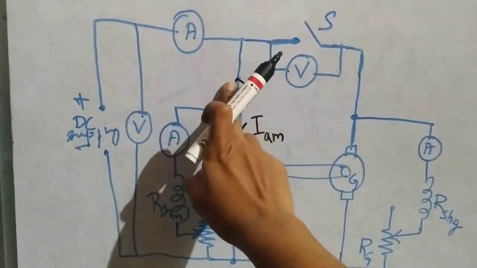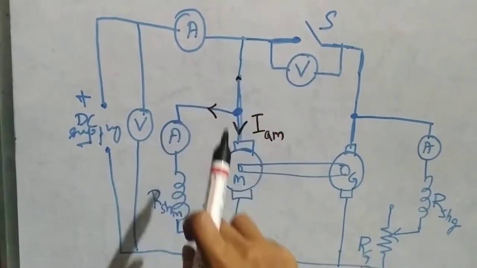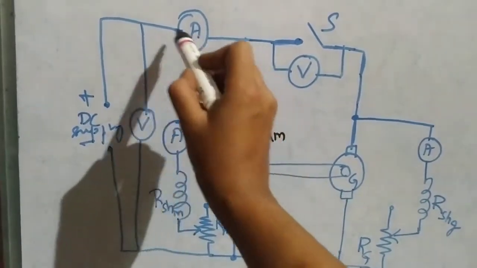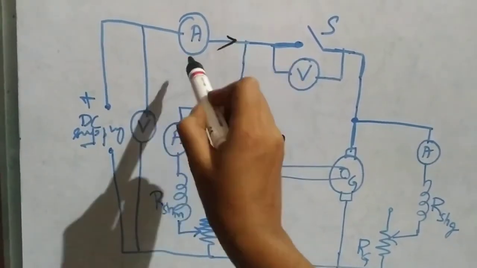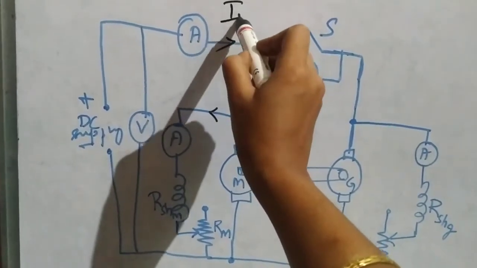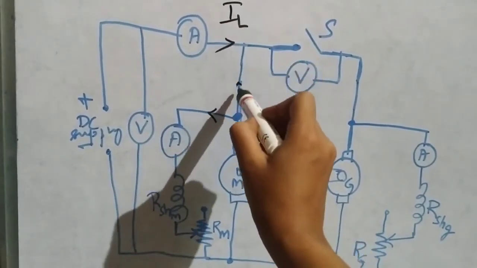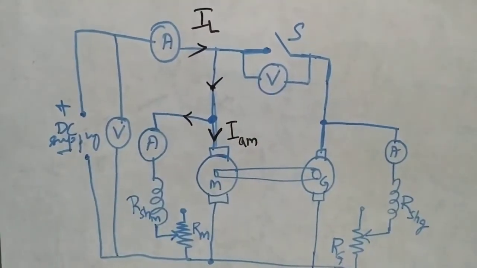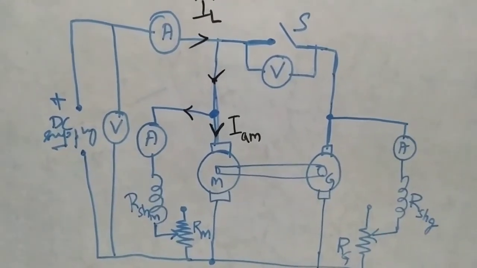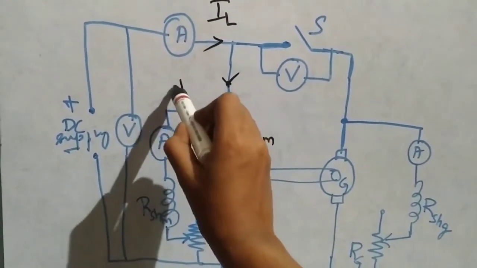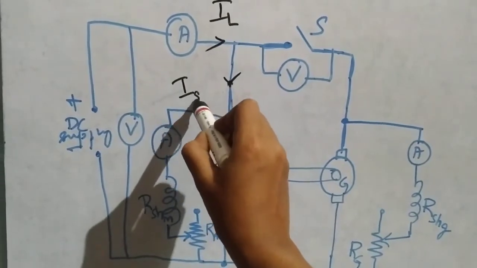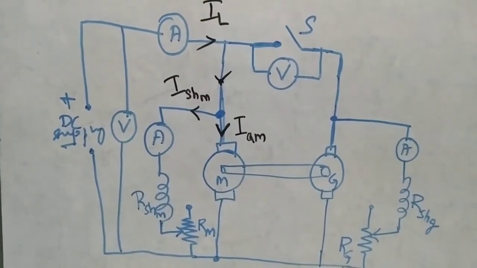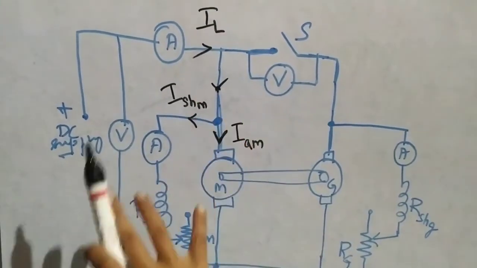Just a minute. This is your line current. So this is the current that is entering. Okay, and here you can see this is the line current, right? This line current is coming to this position, so it will go like this and it will be deviated here. Now the current with respect to this will be the current of the shunt field winding of the motor. Okay, fine. This is one path we have completed.